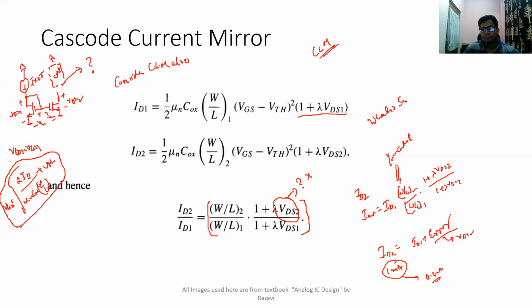Now, what is the solution to this? How to make this second current independent of VDS2. We want to make it independent of VDS2, because if we can just omit this ratio, we will have our old equation, which is ID2 by ID1 is equal to W by L of 2 by W by L of 1. So our designing will be very, very easy, or we will be able to copy the exact current whatever we desire. So we have to get rid of this ratio. How are you going to get rid of that ratio? The solution to that is